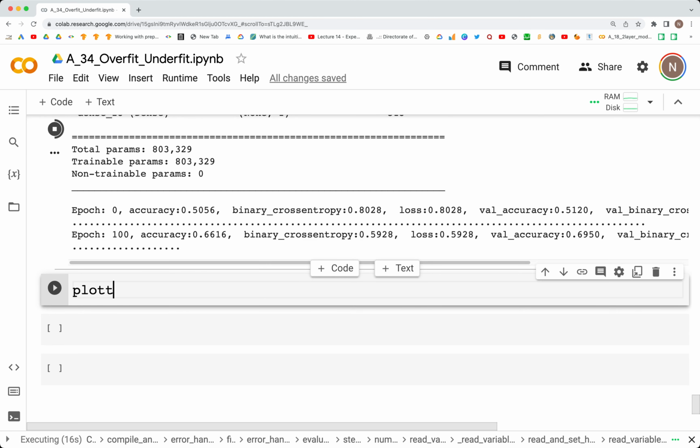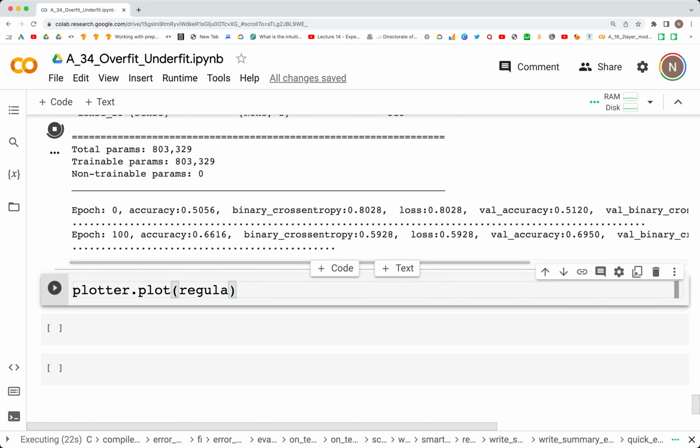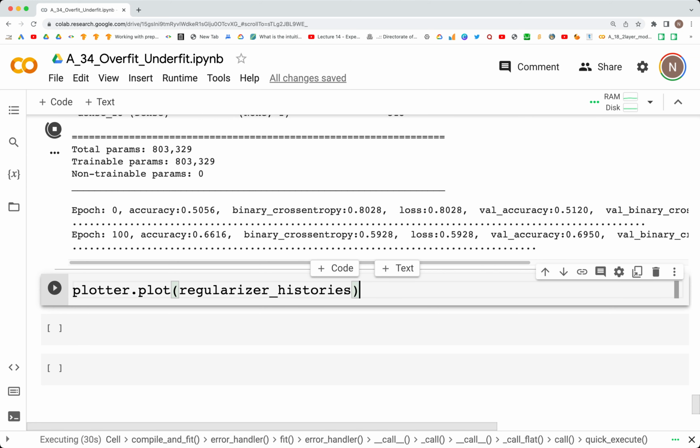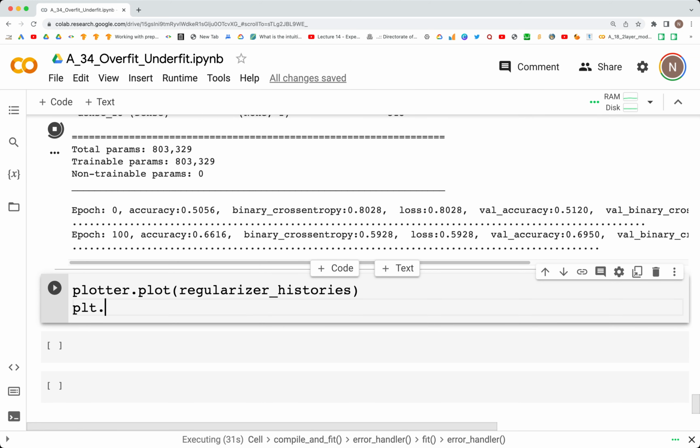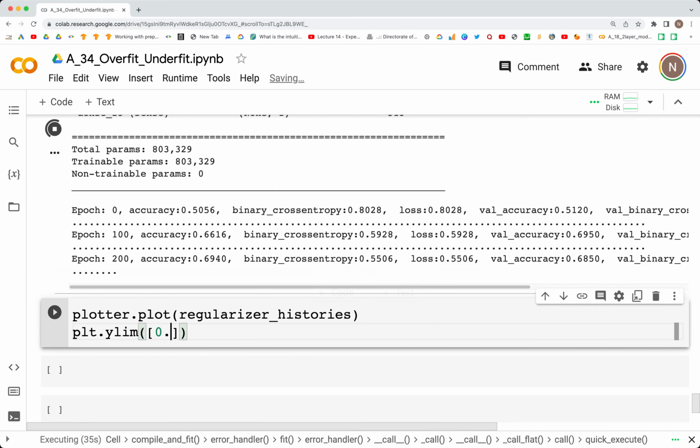Plotter.plot regularizer_histories, and again we need to set the y limit. Y limit is 0.5, 0.7,